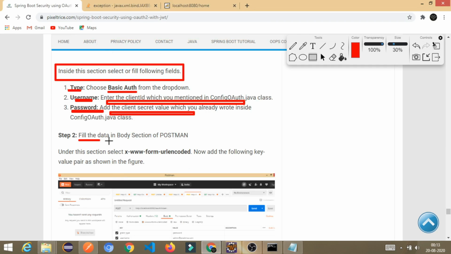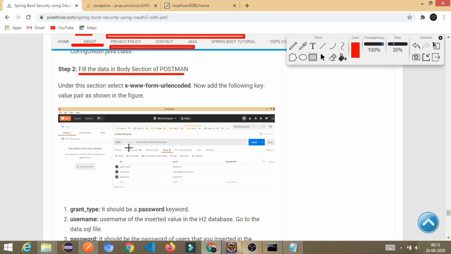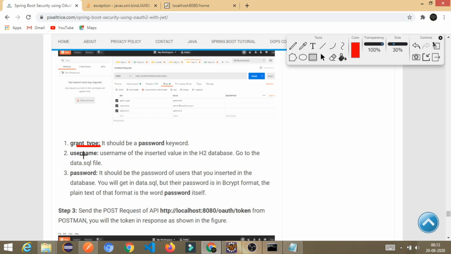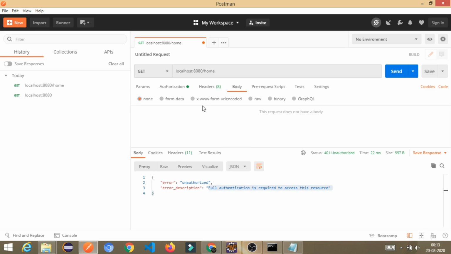Next step, fill the data in the body section of the Postman. Fill the data like grant type, username and password in the body section under the x-www-form-urlencoded. Here you have to mention the grant type.